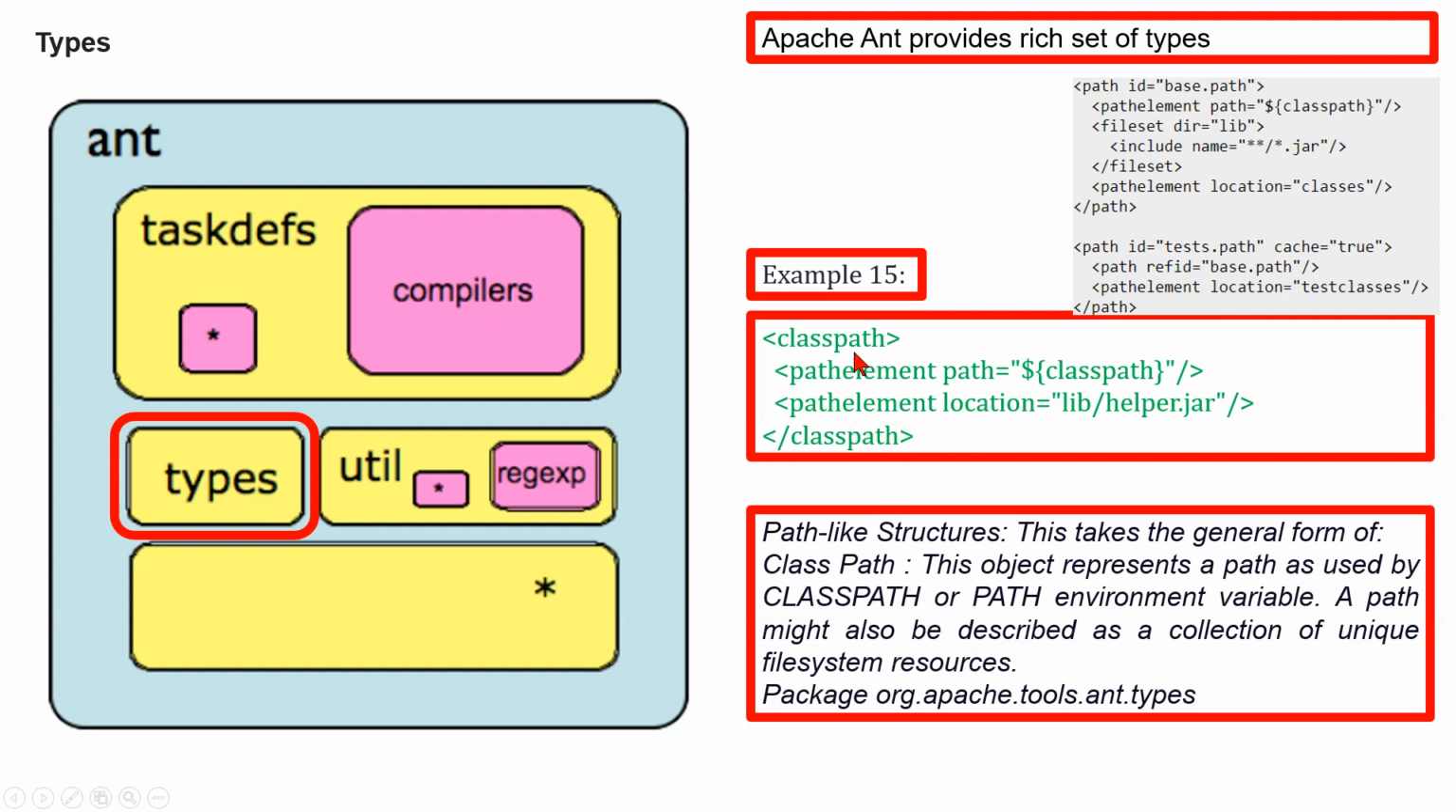With regard to API, we can consider class Path. This object represents a path as used by class path or path environment variable. A path might also be described as a collection of unique file system resources. This is in the package org.apache.tools.ant.types. Now with regard to class path here, this takes a general form of like this, and the location attribute specifies a single file or directory relative to the project's base directory or an absolute file name,